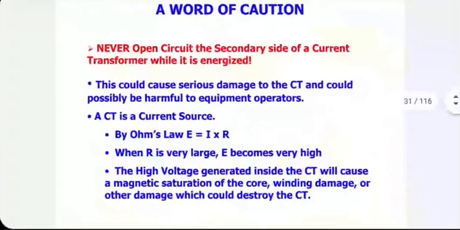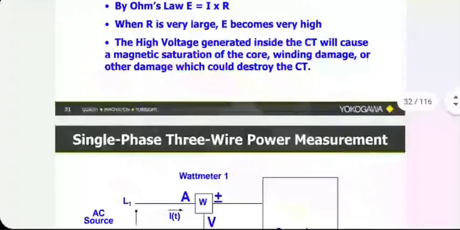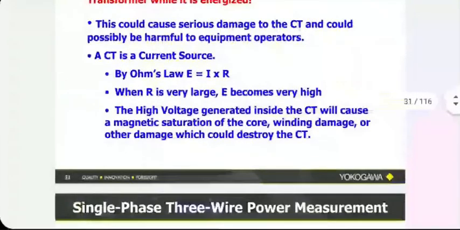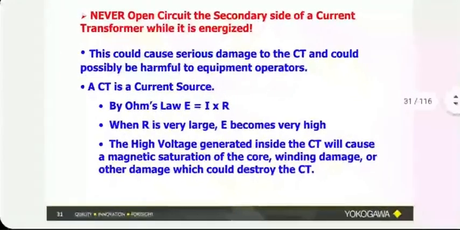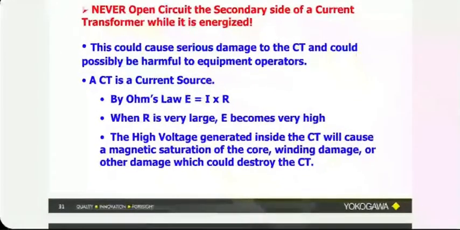Current transformers is something that we'll be talking about soon. Instead of stepping up voltage, they step up or step down currents. So there's a word of caution for practicing engineers. The secondary side should never be opened because you will get a big shock. This applies to voltage transformers also, by the way. Every day you see news items, transformers getting in trouble, fire or something like that. It happens only because somebody forgot to follow the procedures, maintenance procedures or operating procedures.